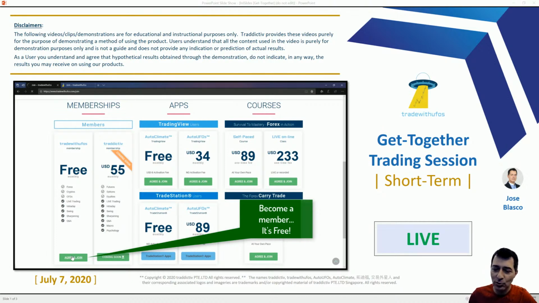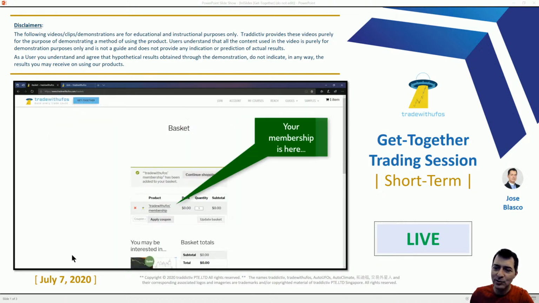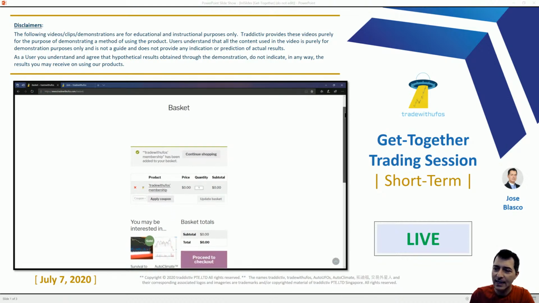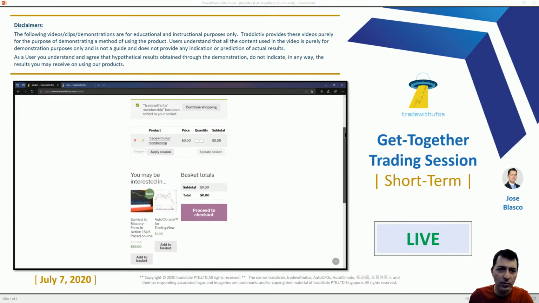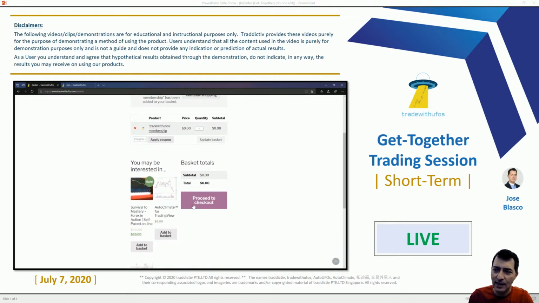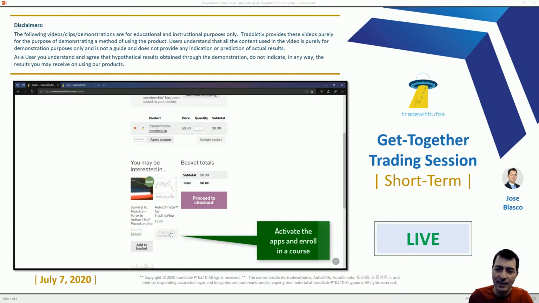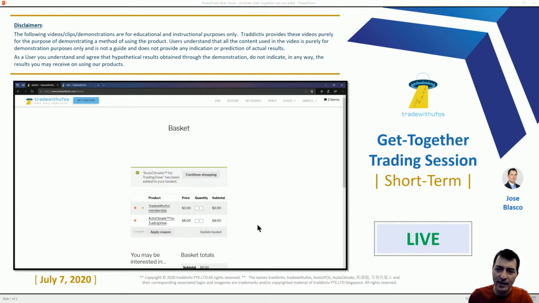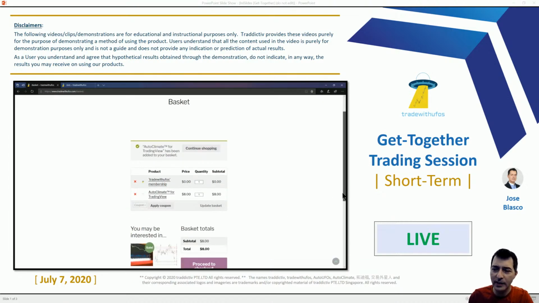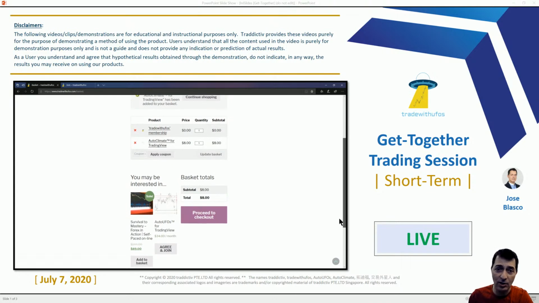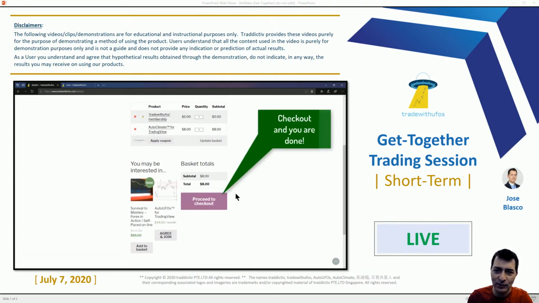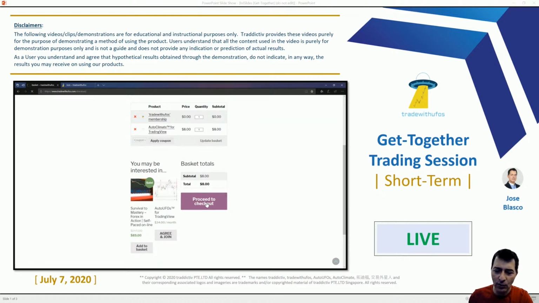Today it's our short-term trading day. So the idea is to jump into the markets, look for short-term opportunities, intraday trading. We're going to be using futures and Forex to do so. And let's see what the market has for us. Anything that meets our rules will be a trade that will be ready to execute. Anything that does not meet our rules will be something that we will simply pass on. We will not get into forcing trades or pushing trades that we're not supposed to take. We will simply follow a set of rules.